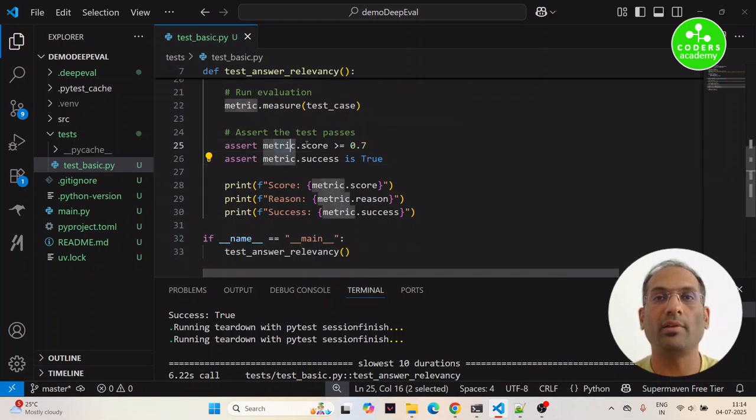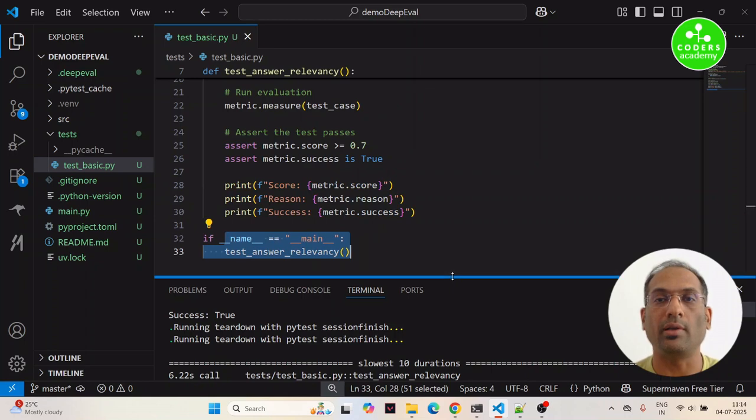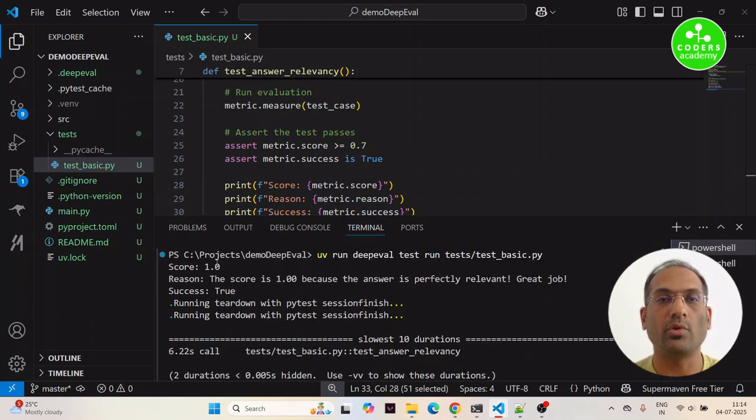So we assert for the metric score of greater than 0.7. We check whether this success parameter is set to true, and then we print those values. And finally, this is the main method to invoke that particular test case. So this is what you saw here in the response: the score is 1.0 because the answer is perfectly relevant